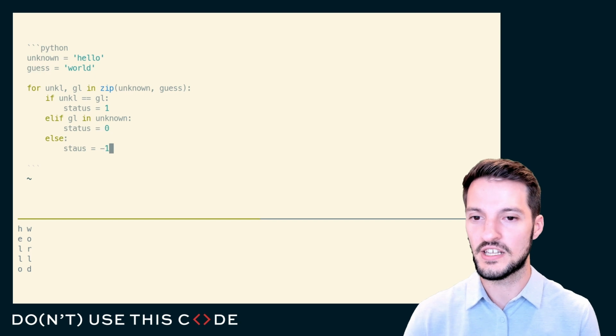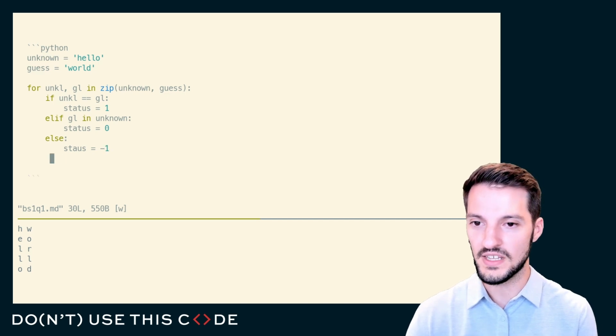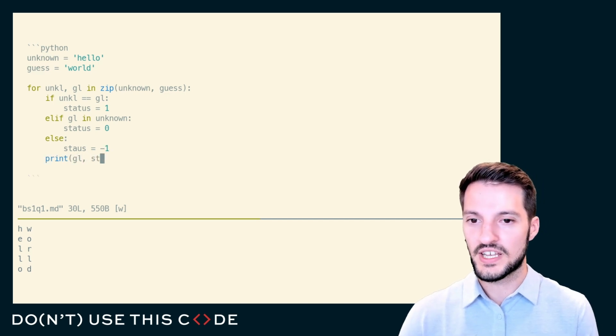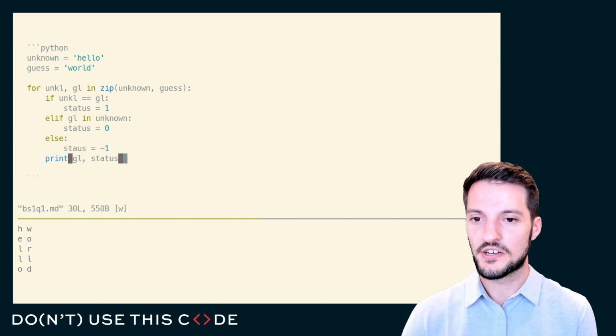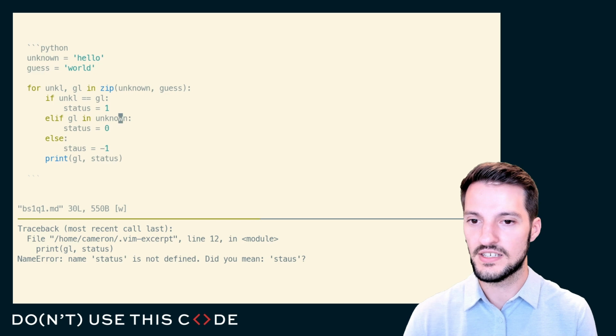I'm not too keen on it, but since we're just rapidly creating something, I want something that works and something that will print out for me. And if I want to check this, I can print out the guessed letter as well as its status. Once I write status correctly,